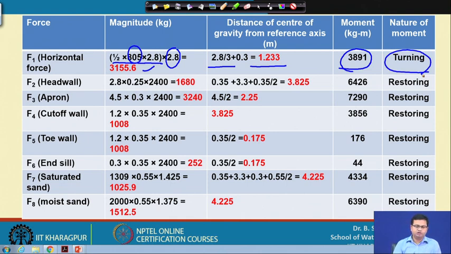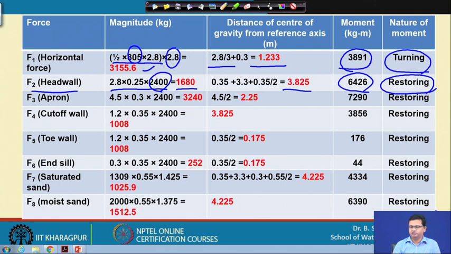F 2 is for the head wall, and here the magnitude will be equal to the area into the weight density of the concrete, that is 2400. So, I am getting 1680, and the distance of the center of gravity from the reference axis is 3825, which you can estimate by looking at the figure, and the moment is 6426, which is restoring in nature, because this is a vertical force. Similarly, F 3, F 4, F 5, F 6, F 7 and F 8 are all vertical forces,